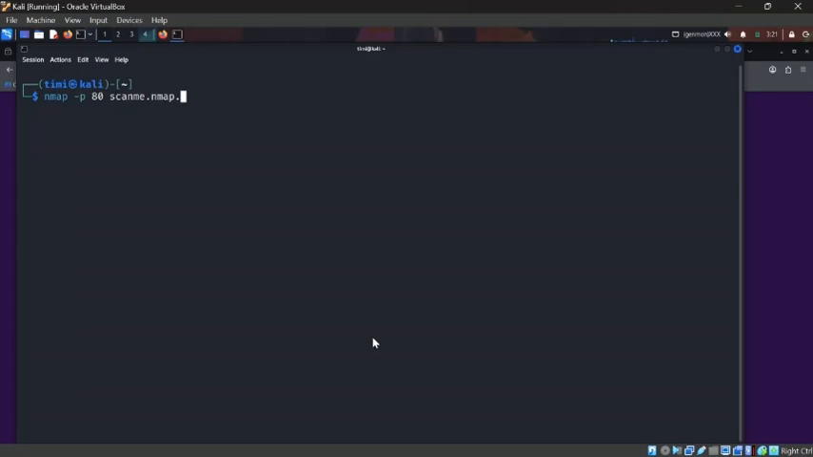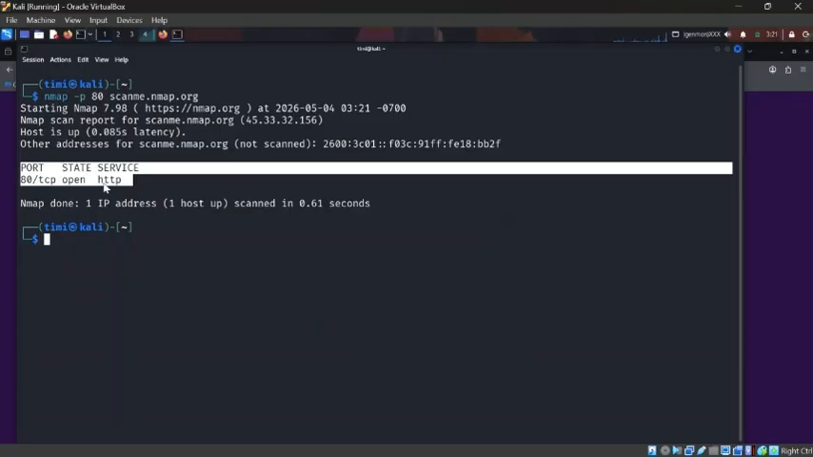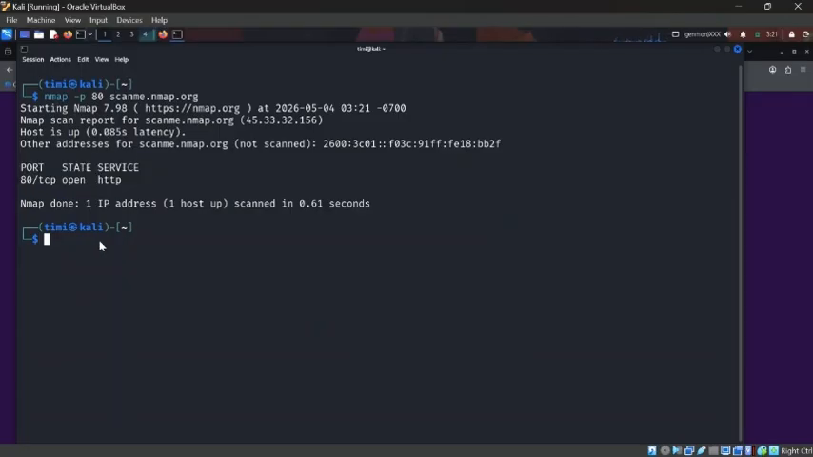Scanme.nmap.org. And as you can see, it is open and the host is up. Okay, since it says we can only get 7, let's see if we can get other ports aside from port 80. So type nmap -p 80, 443, 25,